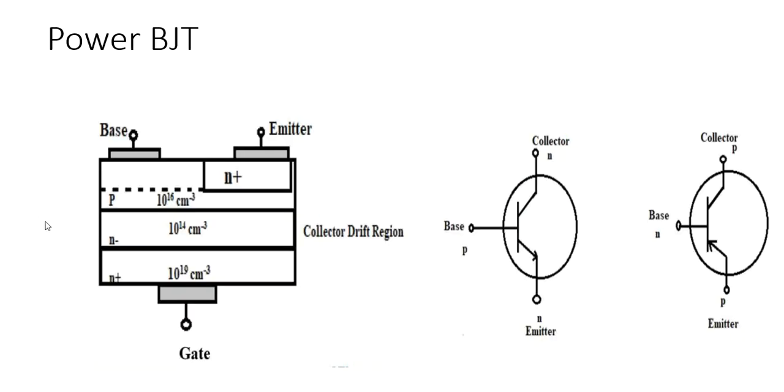So this is about power BJT. The values 10 power 16, 10 power 14 and 10 power 19 are all doping concentrations, the doping levels, how much is doped. You see this N region is minimally doped, so this separation is needed, N minus was given, and this region was separated. Some amount of doping was given in between this junction to increase the breakover voltage. That is one difference between normal BJT and power BJT. It requires high voltage and high current. It operates in high industrial applications, high power devices.